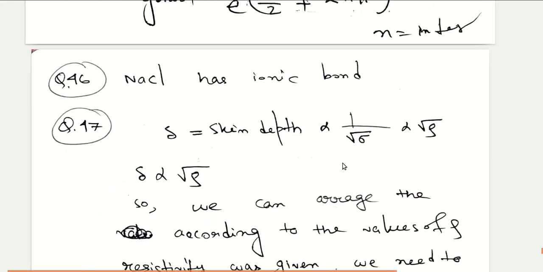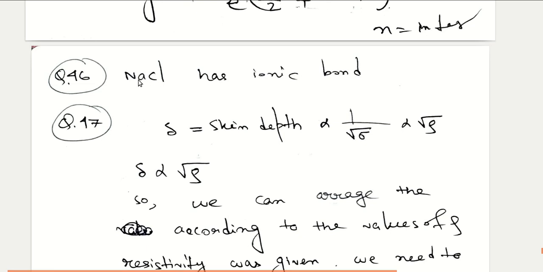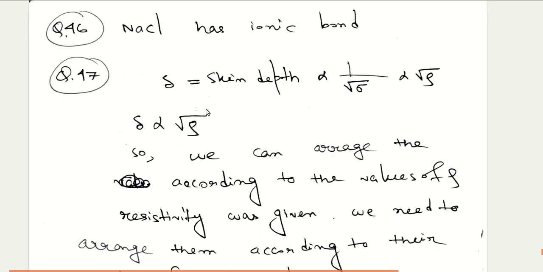And the next question asked which type of bond NaCl has, which is ionic bond. You know that there are other options like covalent bond and van der Waals bond, but the correct option will be ionic bond. In the 47th question, there are some metals, copper, mercury, and some others, three metals are given,